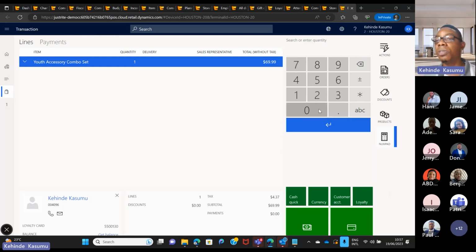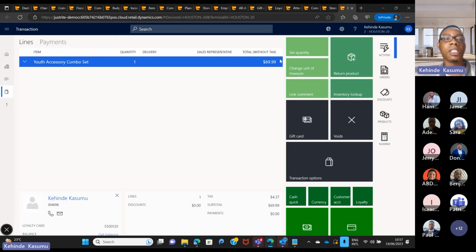You can also decide to change things on the orders, like set a quantity or change units of measure. We have instances where you procure in cartons or in boxes and you sell in pieces. So from the back office, you can configure things like your unit conversion.